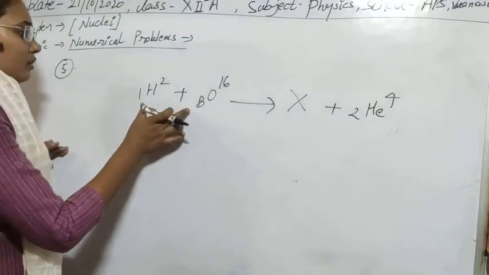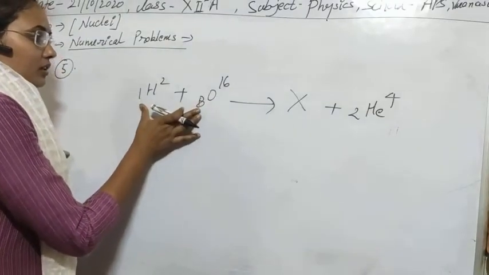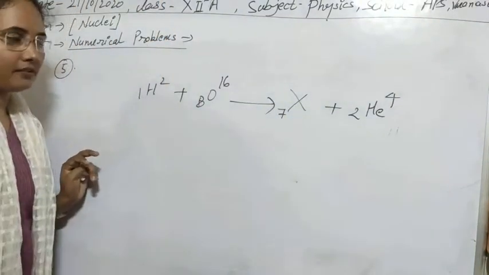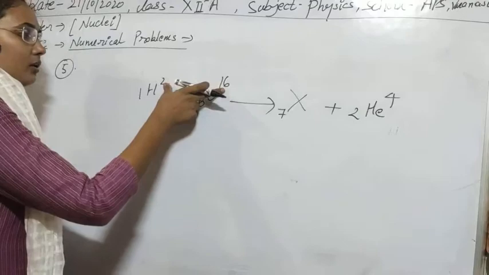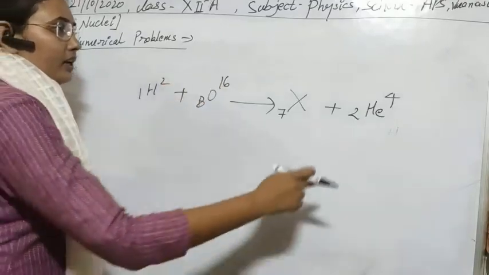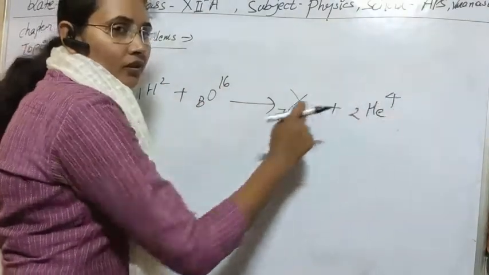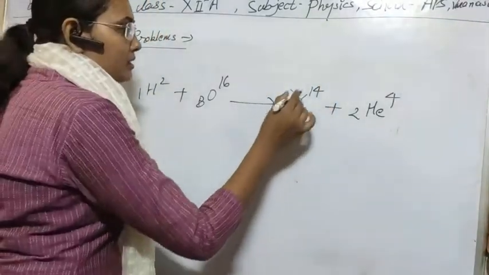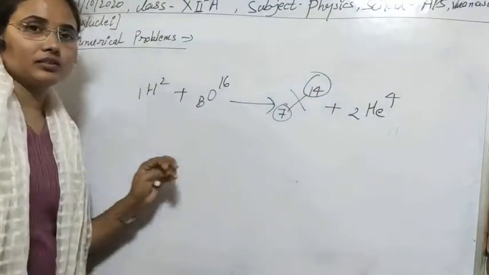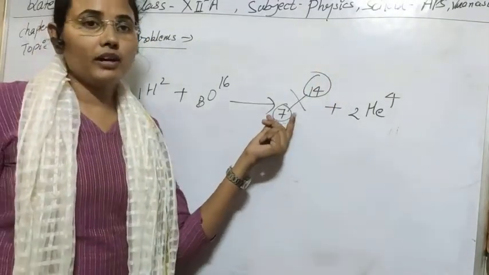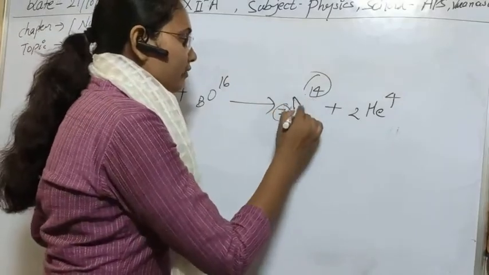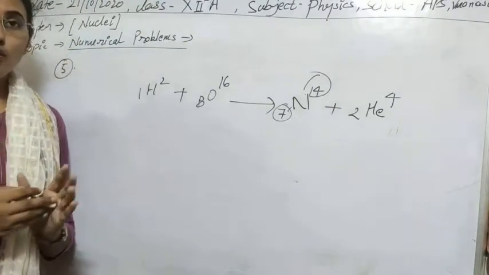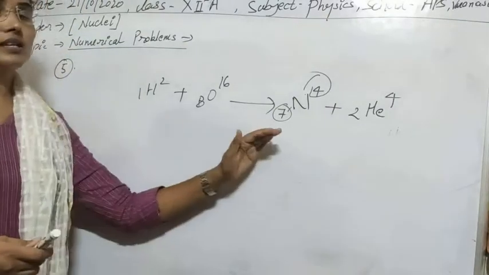So we can find out easily that the total mass number is 9 and 2 is already given, so what will be here? That will be 7. And the total mass number is 18, and we already have 4, so what will be the value? That will be 14. So this is the atomic number, this is the mass number, and as you know Z equal to 7 is the atomic number of nitrogen. So here we finally get the nucleus of nitrogen. I think it is now totally clear to you how to solve these types of problems.